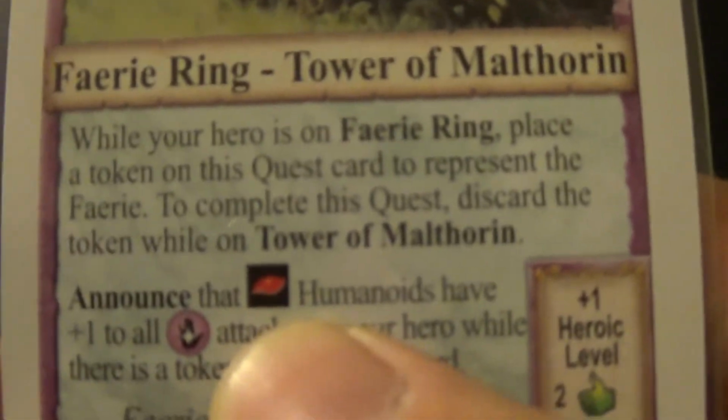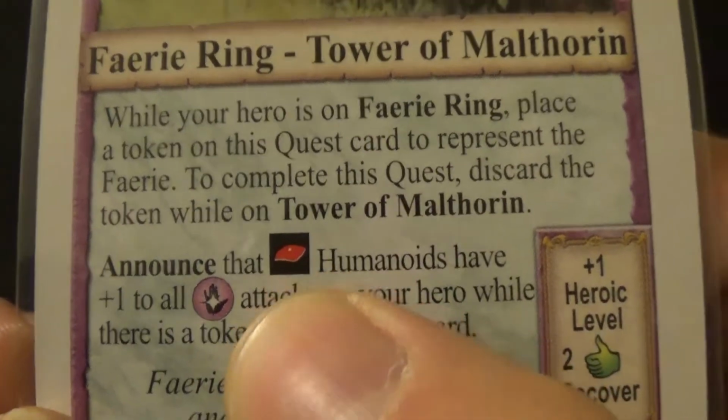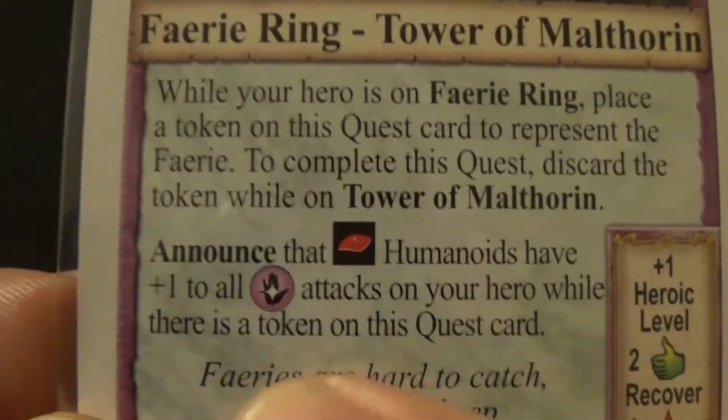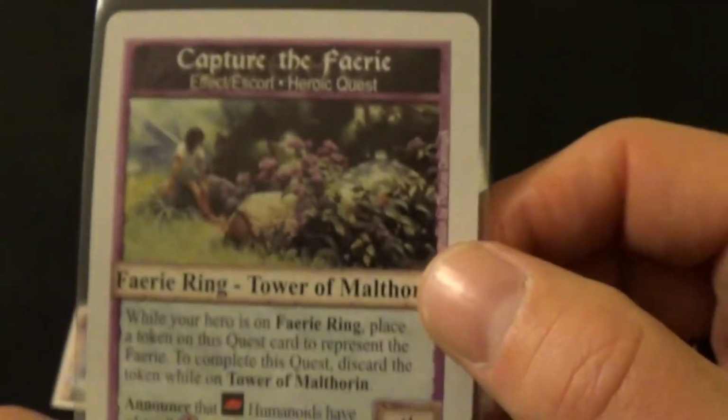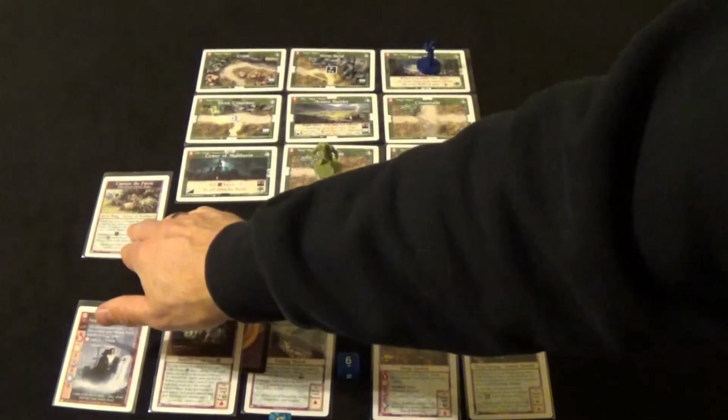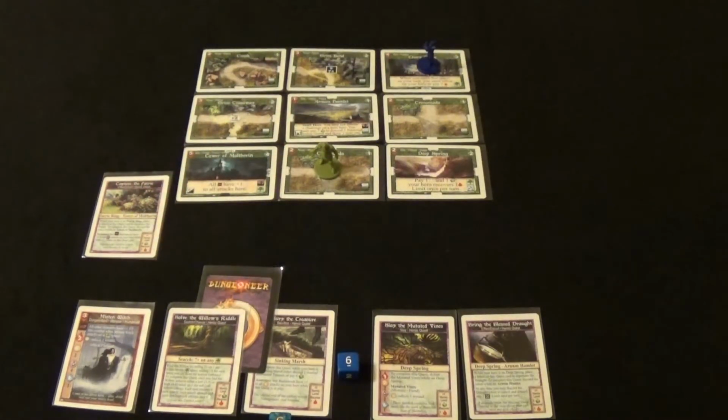Announce that humanoid monsters have +1 to all magic attacks on your hero while there is a token. So while you've got the ferry, humanoids can do more magic damage to you, or they get a bonus on their attack. Okay, so that ends